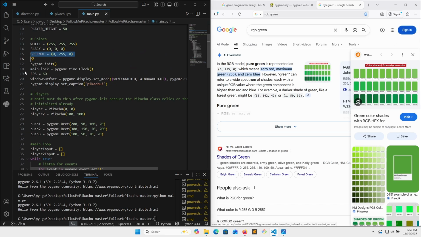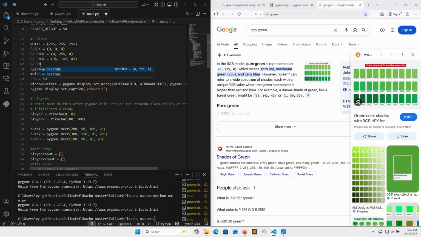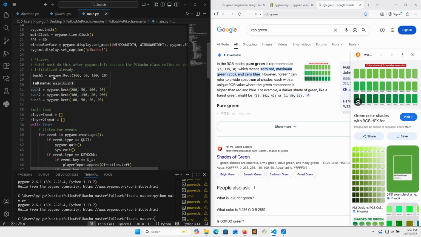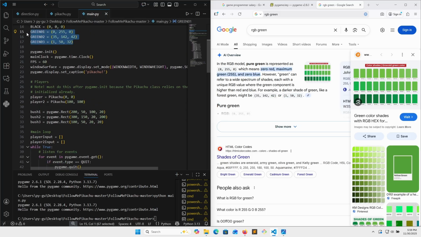And we will use green 02 is going to be 35, 142, and 42. And then green 03 will be 150 and 32. So there's 3 greens, and now we have 3 different greens, we have 3 different bushes,